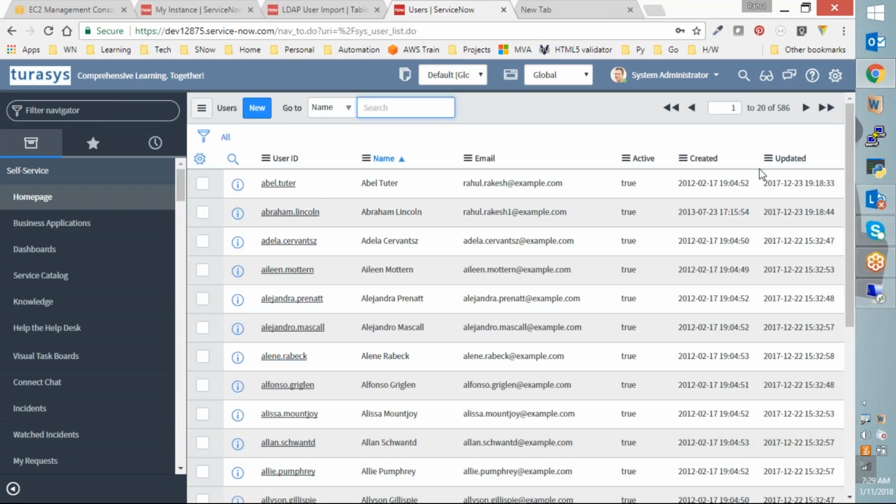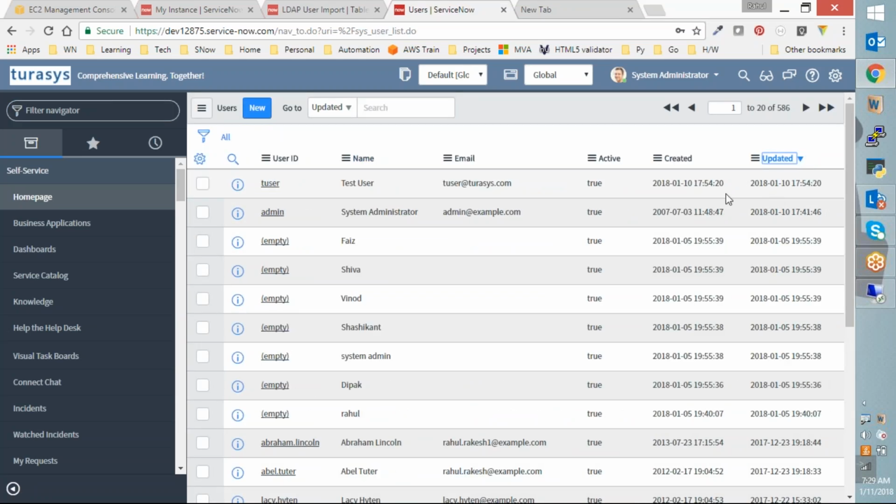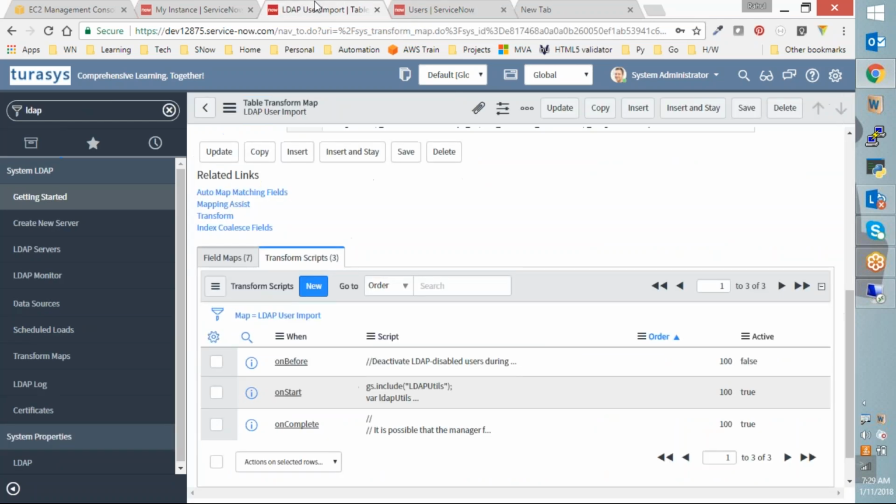right, and I'll sort on the basis of the current user created, and you can see some of this information is already available in here. The test user, since we loaded this, the T user at Turasys.com test user has come up here, but I still cannot see other users in place. So what I'll do is I'll go ahead and